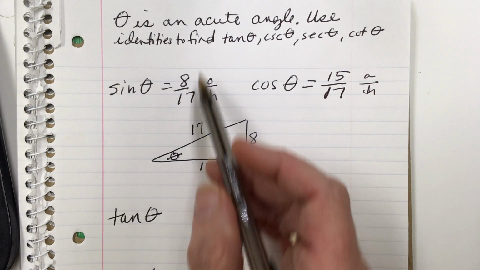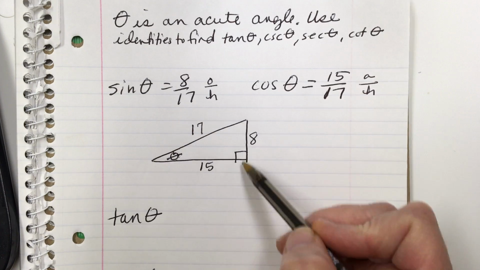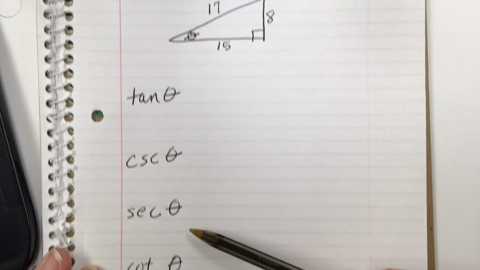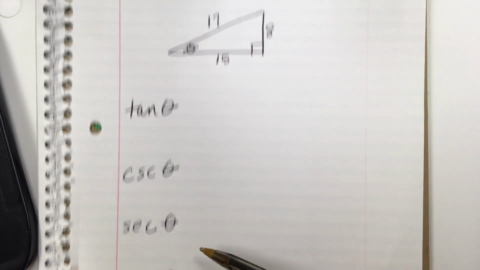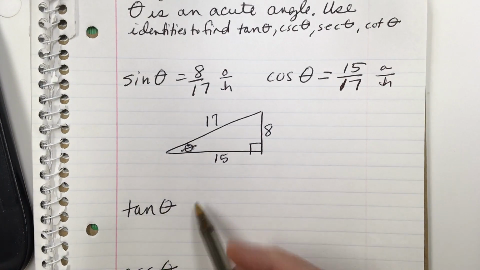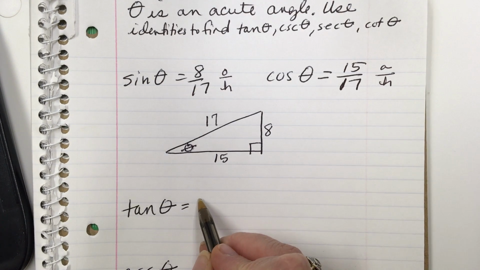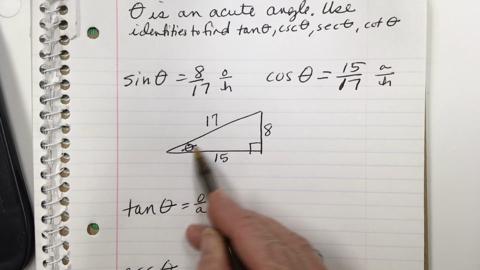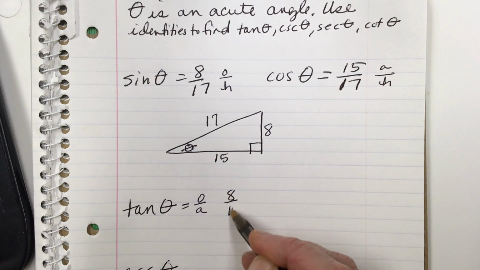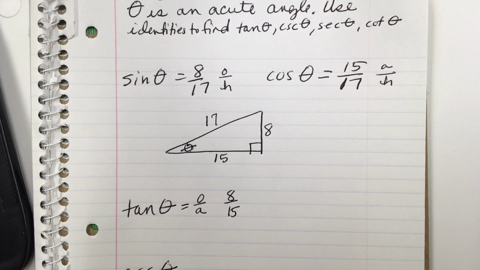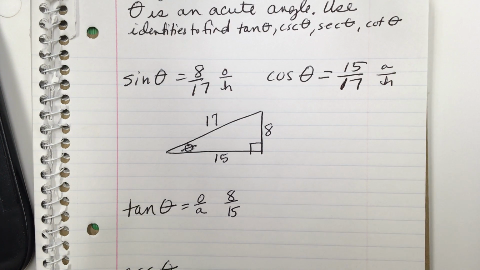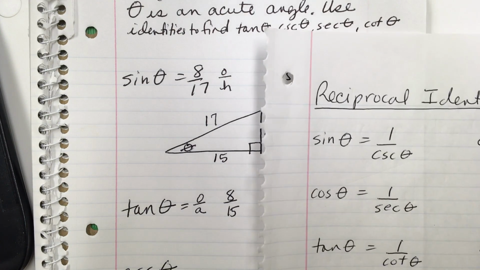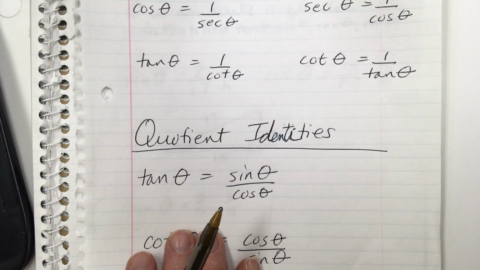So therefore, we could simply draw the triangle and use the triangle to help me find the tangent, cosecant, secant, and cotangent. Okay? So if we did that, we know that tangent is opposite over adjacent. So tangent of theta would be 8 over 15. Now that's one way to do this. But if we use the identities that we just talked about, all of the reciprocal ones here and all of the quotient ones here,